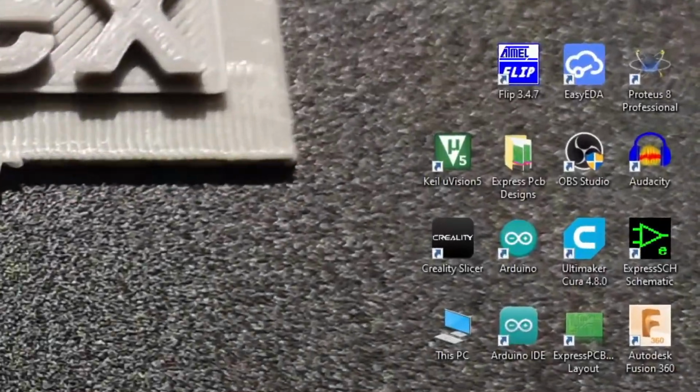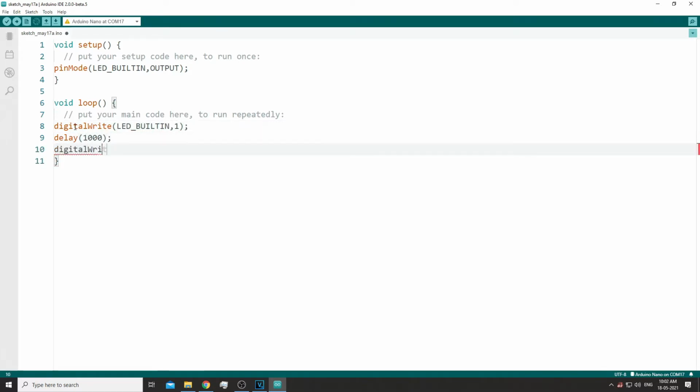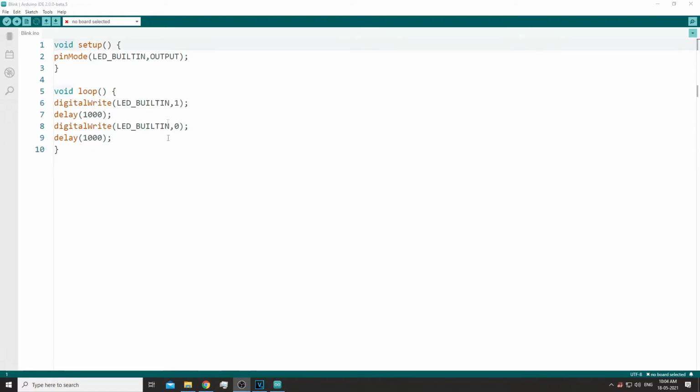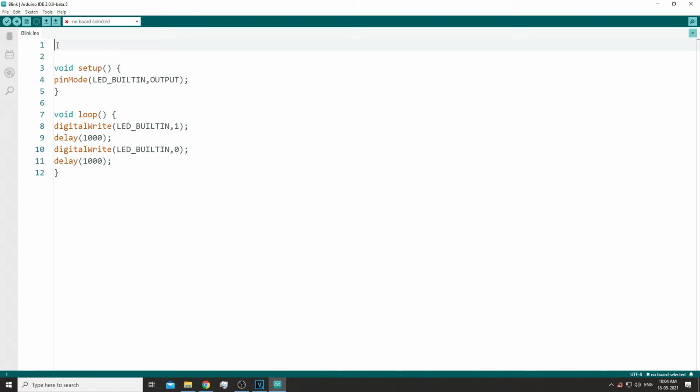The first thing we have to do is open up the Arduino IDE. I will be using the new 2.0 IDE which is in beta right now. Then let's say we wanted to write code to blink an LED. That's pretty basic, right? We define the pin as output using pinMode. Then we turn the pin on and off using digitalWrite and delay. Nothing new. That's why if we try to make a library for this application, it will be easy to understand